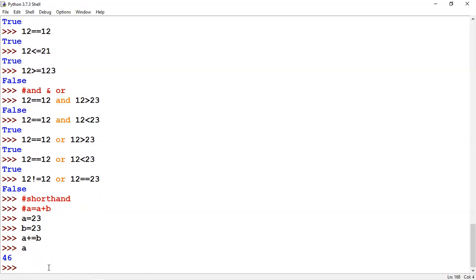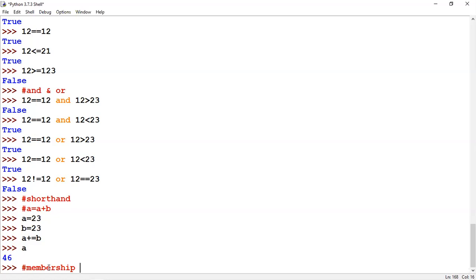The next topic is the membership and identity operators. These are unique operators and the most used ones also. We use membership and identity for our logic in upcoming sessions. As of now, we discuss what membership and identity are. Membership means I am checking whether a particular value is a member or not.